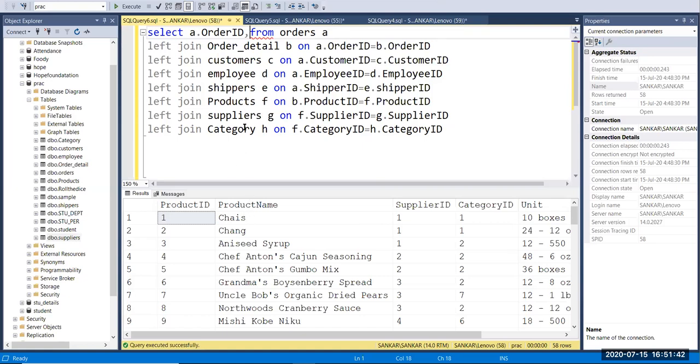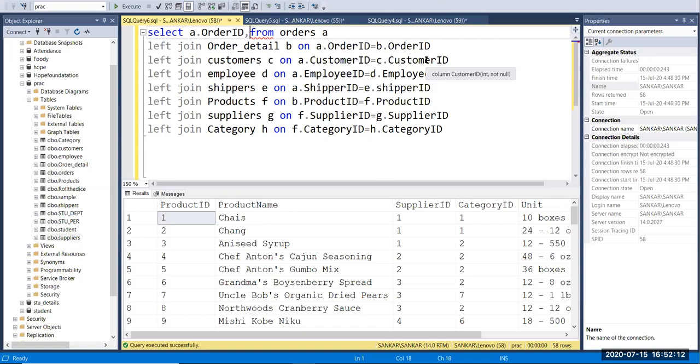Okay, so we can grab the category table, shipper table, employee table, and also the customer table. In that grabbing process, you can simply type your column name. If you have duplicates, meaning two or more columns with the same name in your query, you have to mention in what table you are going to grab your detail, like a dot order id, right?